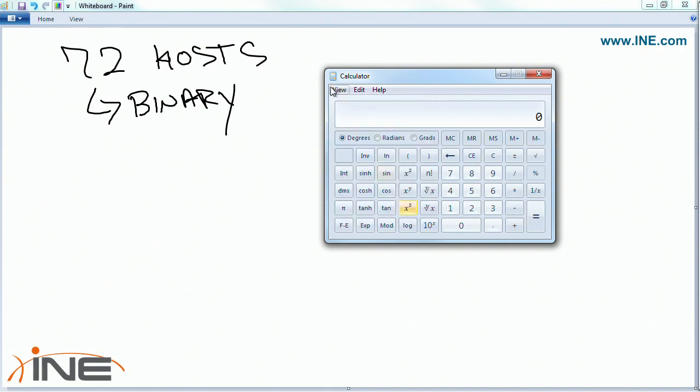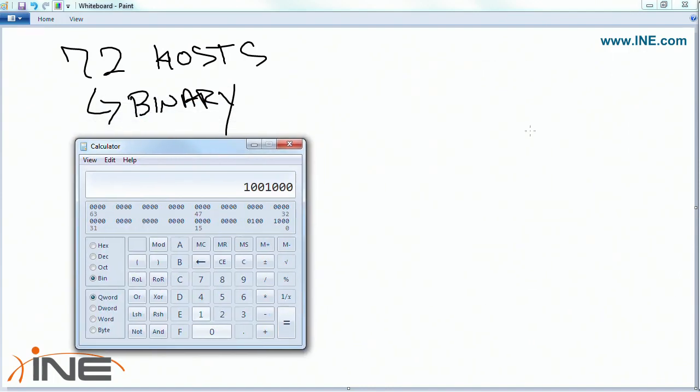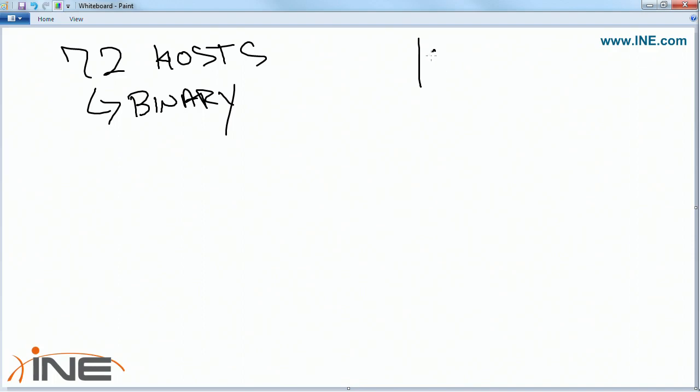So here, if I were to take 72 from decimal to binary, it's 1001000. It means that when I mask the number of bits that go to the network,